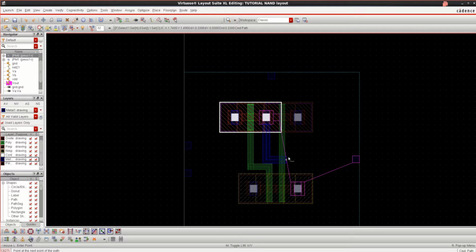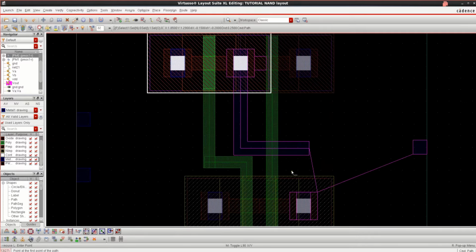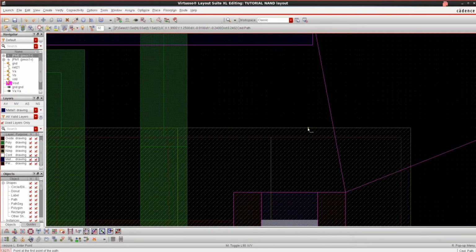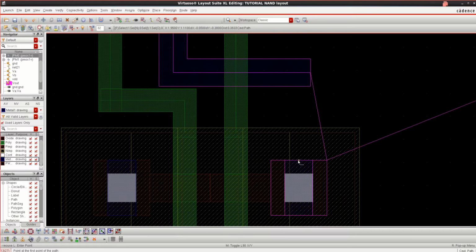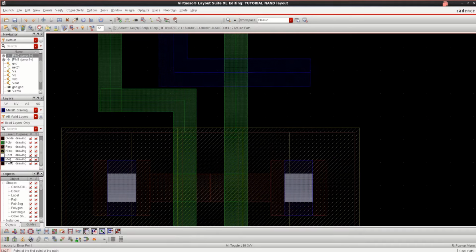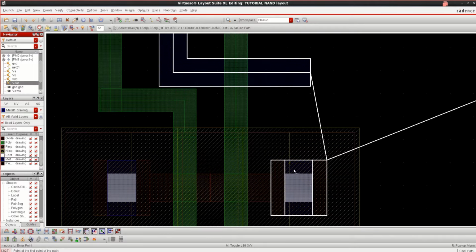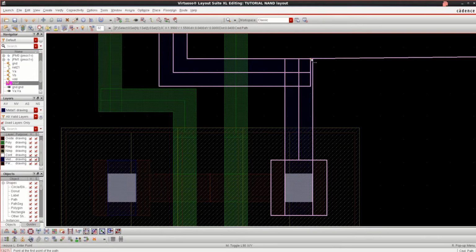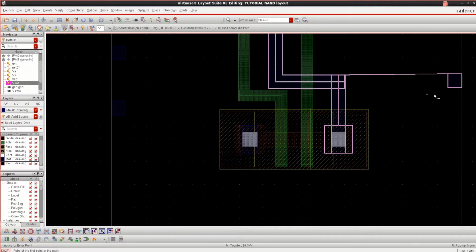You can use here and press enter. Again, you can press P or select this metal, press P, press enter, and you can connect the output.